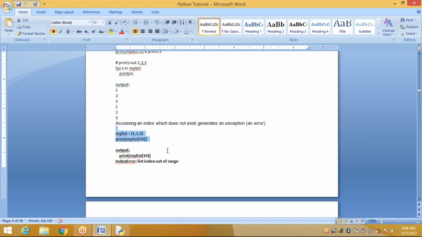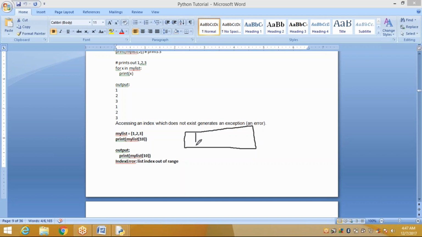We exceed the limit. My list contains only 3 values, but here we are giving array of 10. Now you are asking for the 10th value, which is an array index out of range.